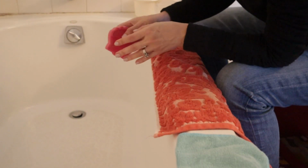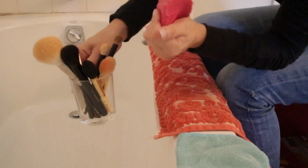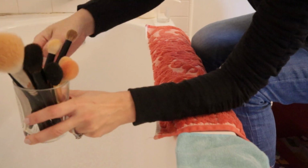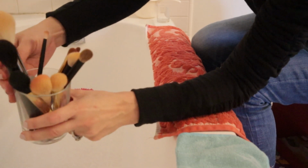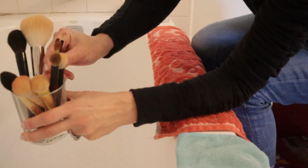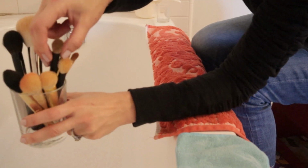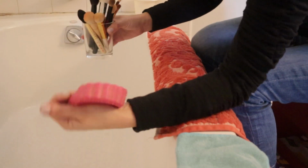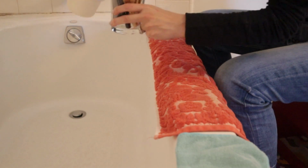All right, so I'm going to be washing some brushes, not a lot, just different kinds, so you guys can get an idea of how I wash the different brushes. So this is a goat hair brush. These two are squirrel hair brushes. I got a few eye brushes and a couple concealer brushes. So I do wash them a little differently, not terribly differently. So I start out,